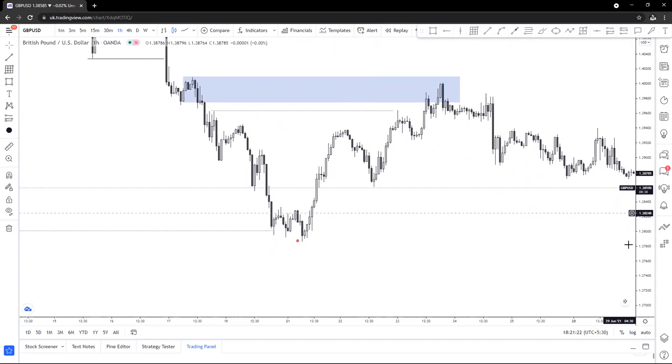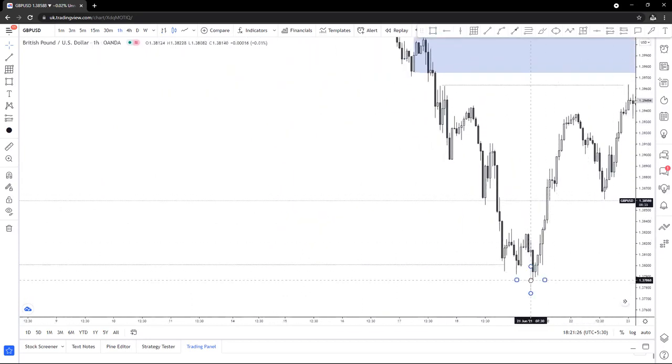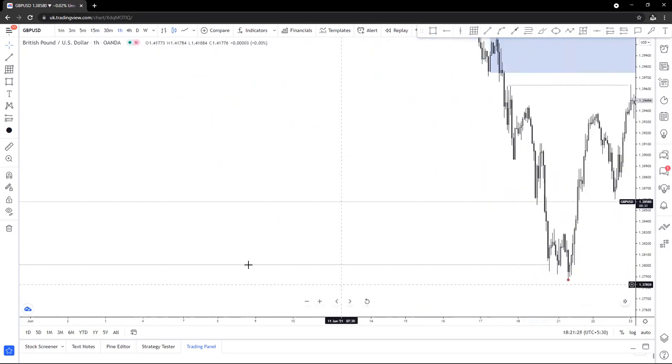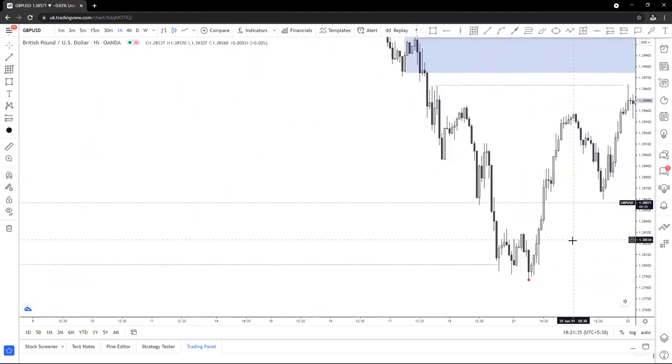Now, price was going in an uptrend. I told you price is fractal. Price is fractal. It took out these lows right here. It took out this low. This was a major trap. It took out that low,